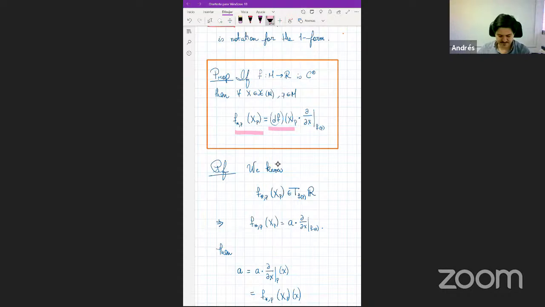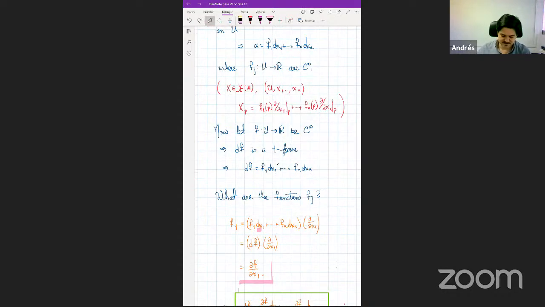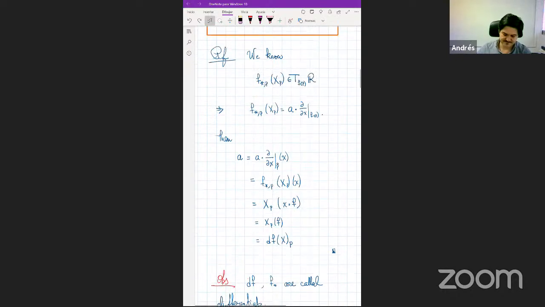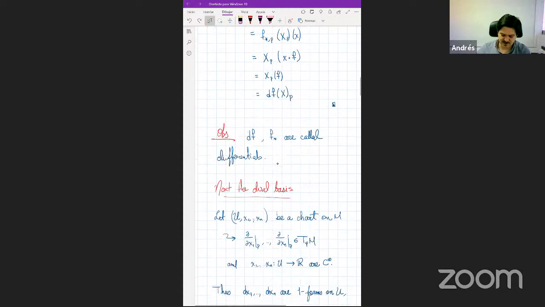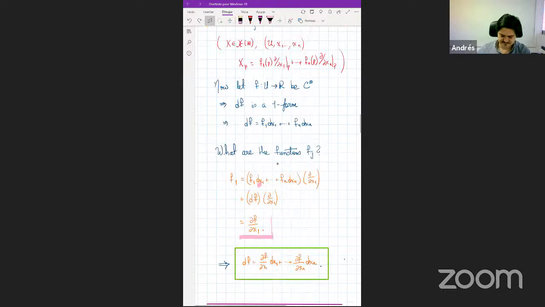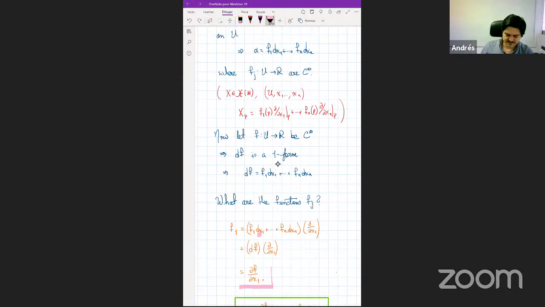No, sorry, this one here. Is the vector field applied, or the derivation applied to the function? And that's exactly what we are using here. The f and the vector. So it is the vector applied to the function, right? Hence,